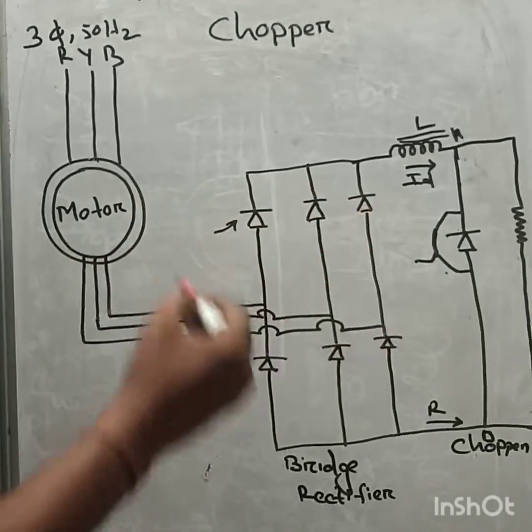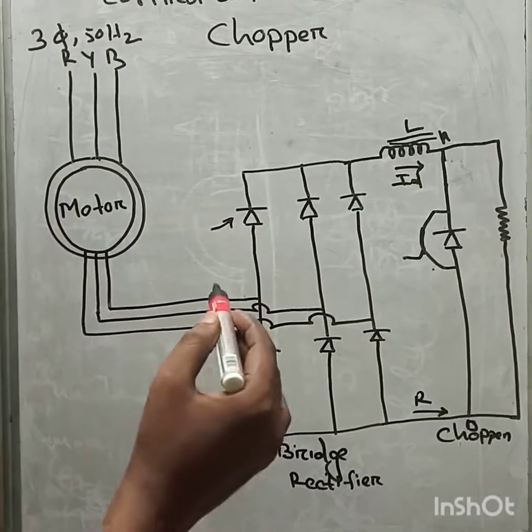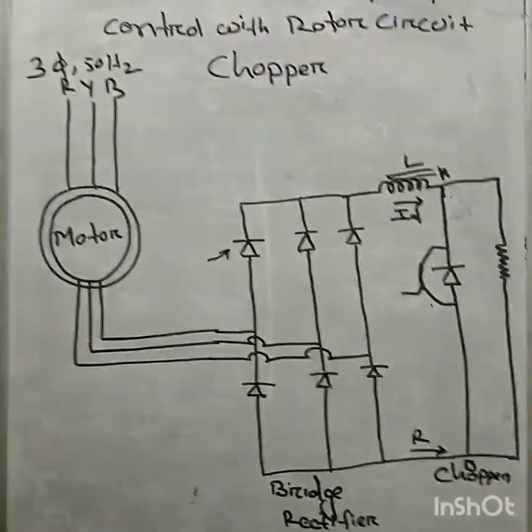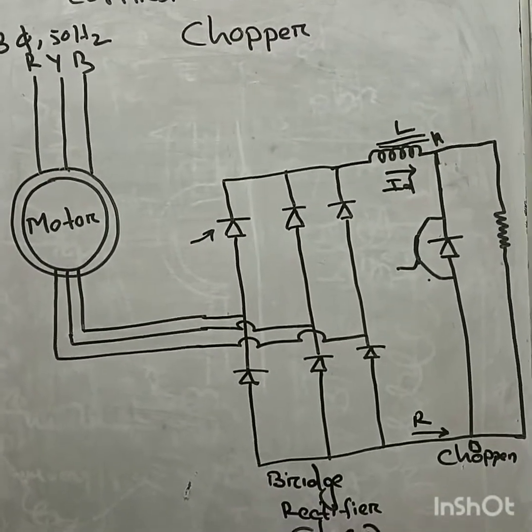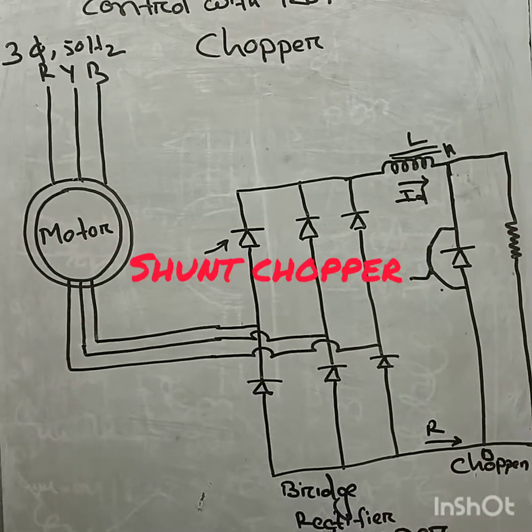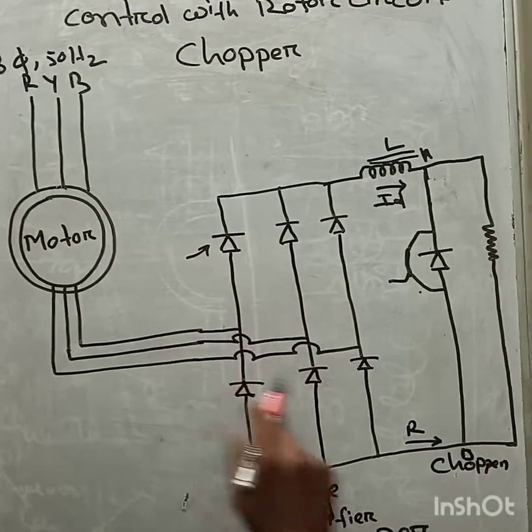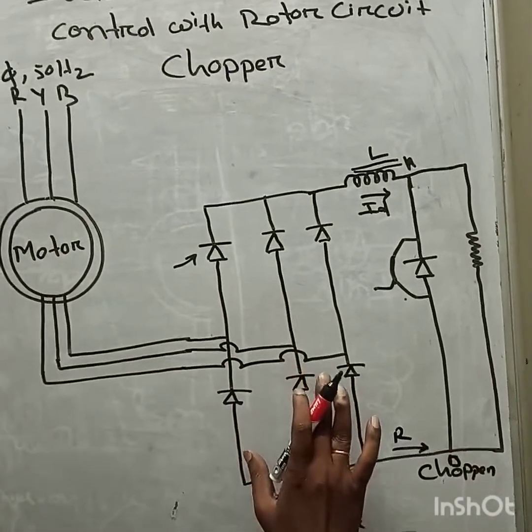Now you can see the operation, how this circuit will be operated. This is known as the chopper speed control. In this circuit, you can see you can use 6 diodes which will convert the